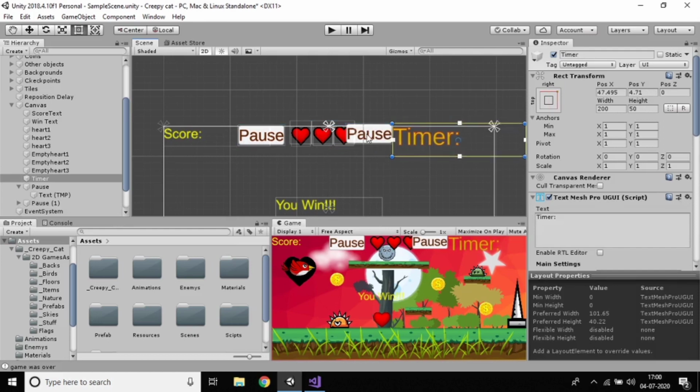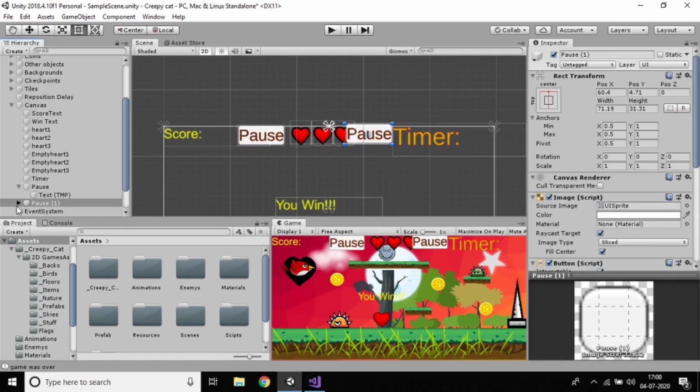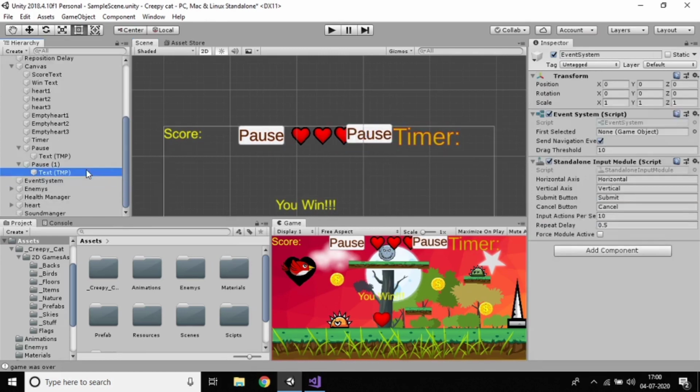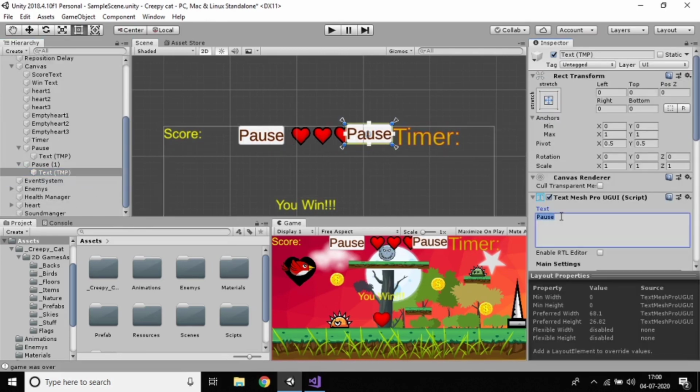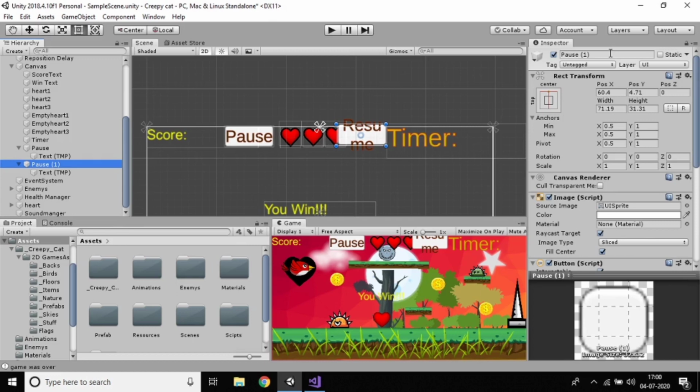Make this one the resume button, so rename it as resume. Yes, we're done, right? Just increase the size. Yeah, it's bad, it's not good.